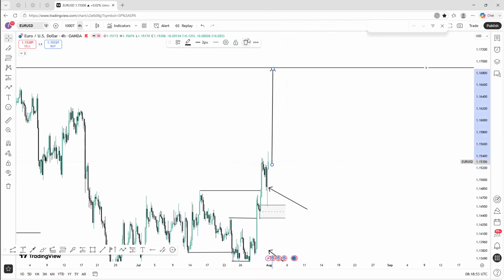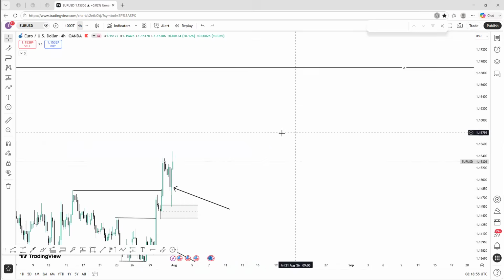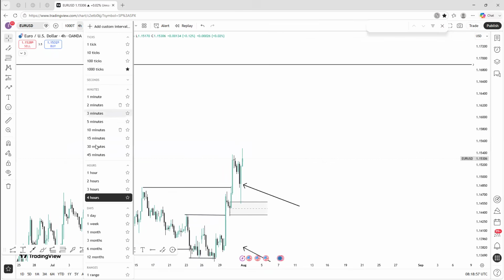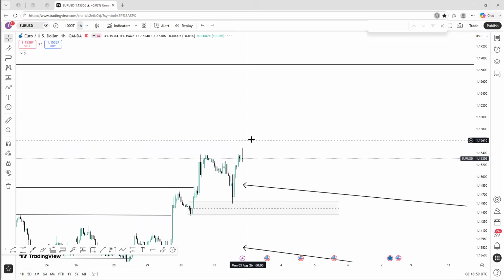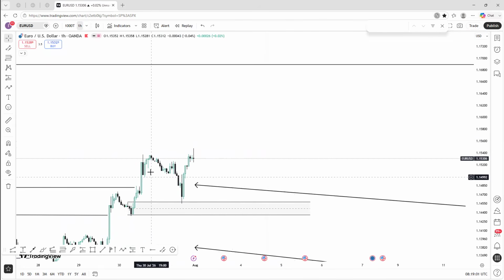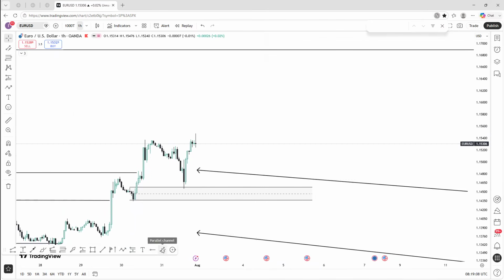We are heading to that buy side liquidity. Shifted to H1, on H1 time frame we have a clear breakable structure. So things like that. So we are going to find buys point of interest that will support us to execute